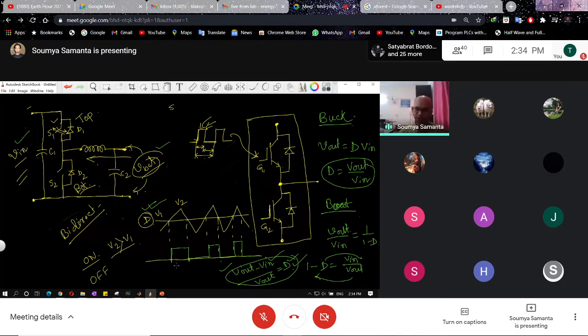Once this duty cycle is fixed, we give it to the triangular pulse, and this circuit is called a comparator circuit. Why is it a comparator? Because it is comparing between two signals. One is V1, that is the duty cycle, and another is the carrier triangular wave, V2. So this is the comparator, and it gives the PWM. This PWM is fed to turn on and turn off, and then we get the output voltage ultimately.